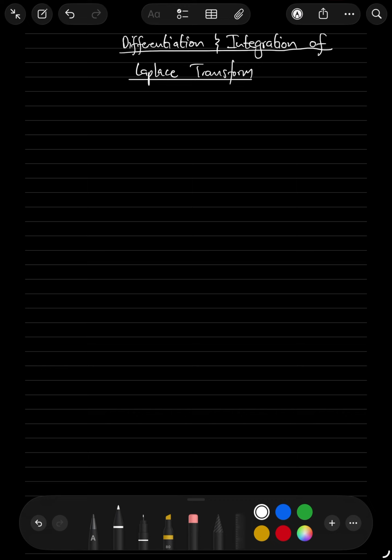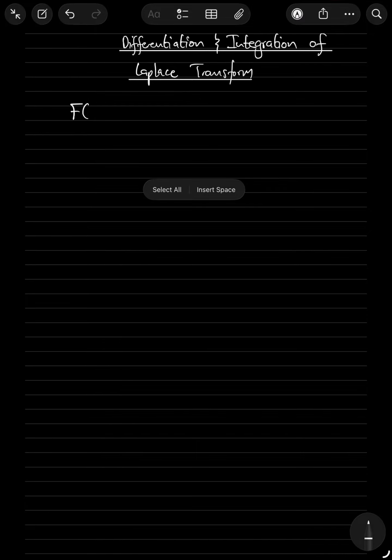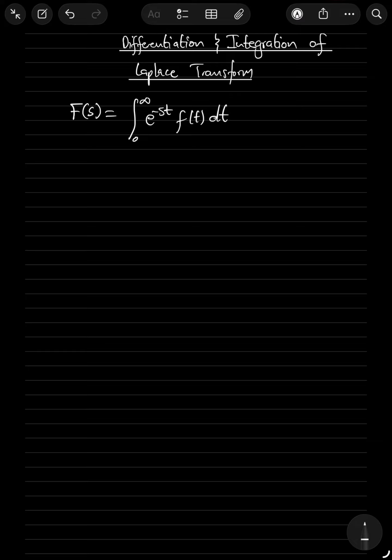Okay, so we know that F(s) is equal to the integration from 0 to infinity of the kernel function times f(t) dt, right? So what we're going to do is differentiate both sides with respect to s. Differentiating this side, we're going to have dF/ds, which is the same thing as F'(s),